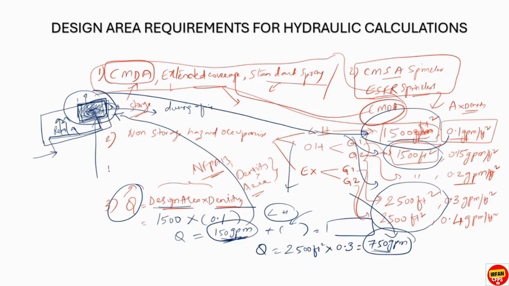So always make sure to select proper hazard in line with NFPA 13. We already discussed that NFPA 13 has given a few examples to select the type of hazard. So based on that, we need to select the hazard classification properly. So these are a few things to be kept in mind, and the other things I'll explain to you in the next slide. Before we select the design area,